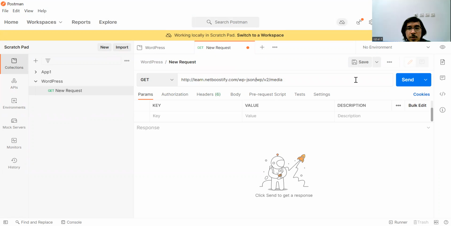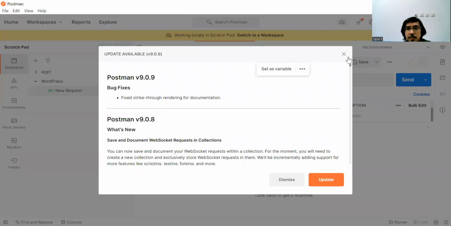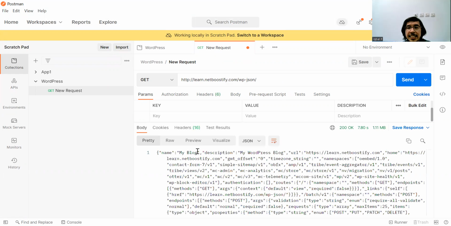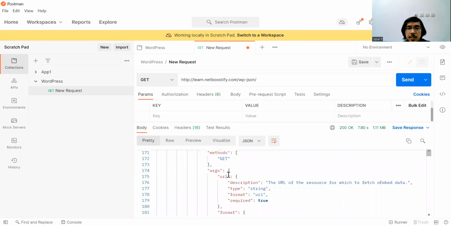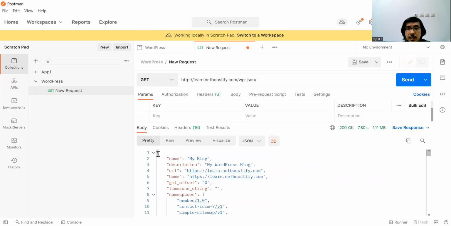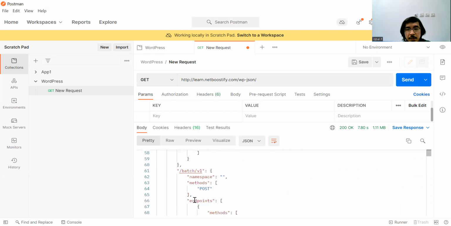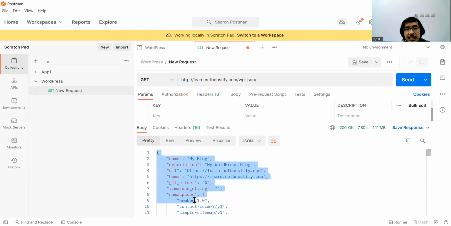For example, if you want to access the WP JSON, you can click this one, and then you can find information about the website in general. This is the great idea of Postman, because it gives you an easier way to read, since with this indentation you can easily understand it.